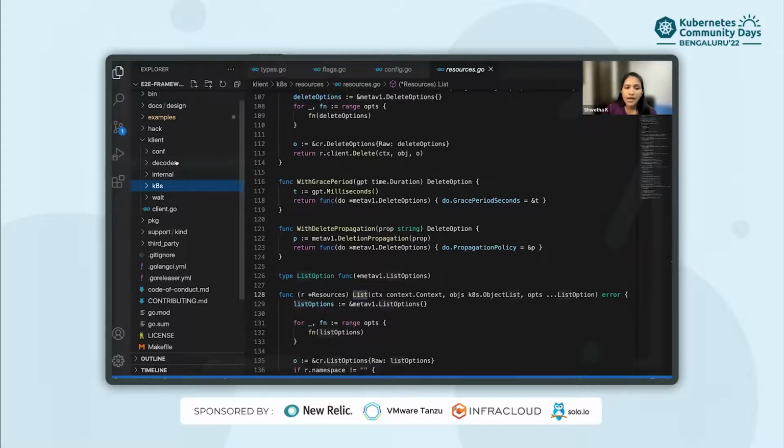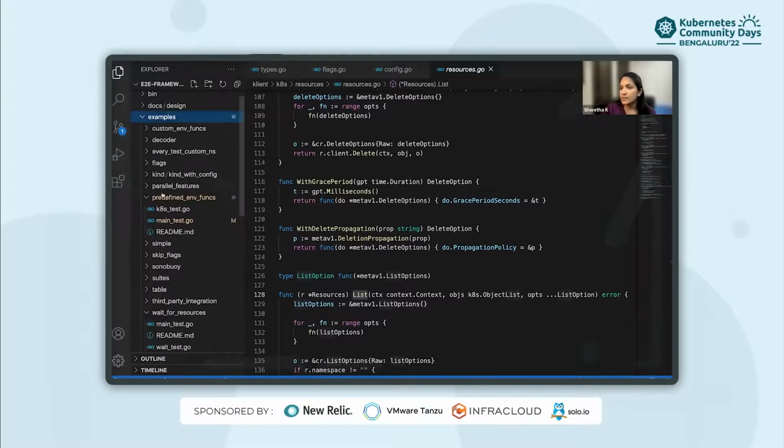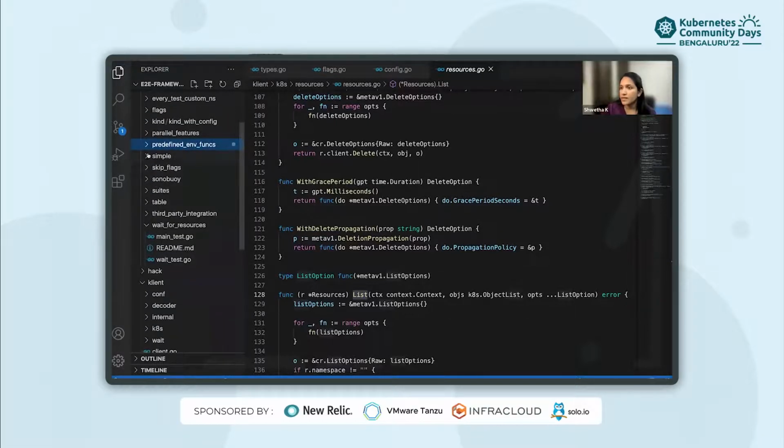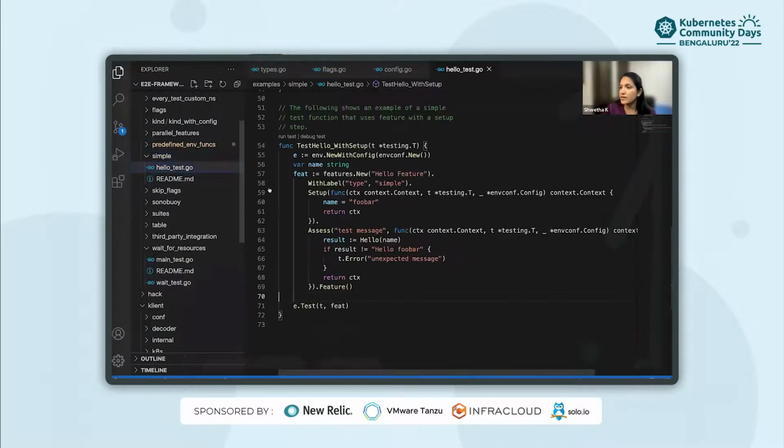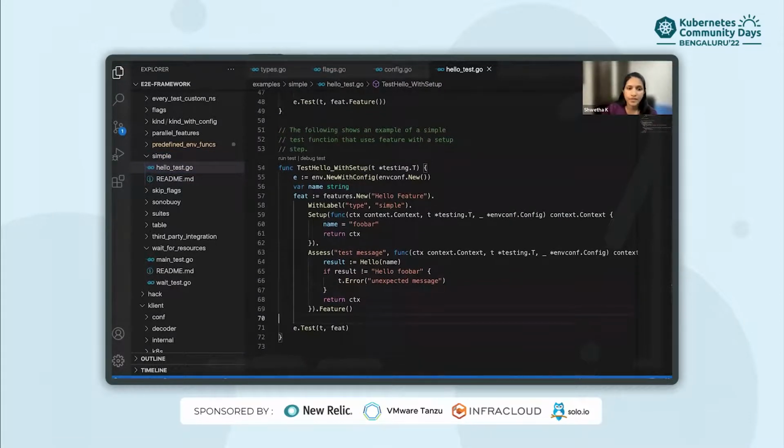Now we'll see how to use this framework efficiently by examples. Let's see a simple test function. This package shows how the test framework can be used directly in test functions without setting up a test suite.